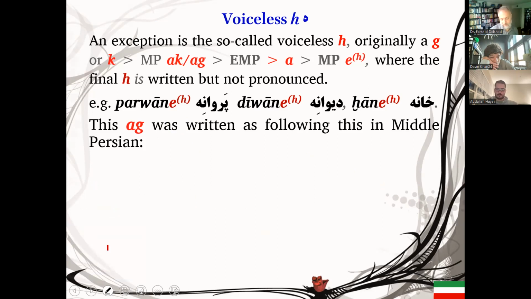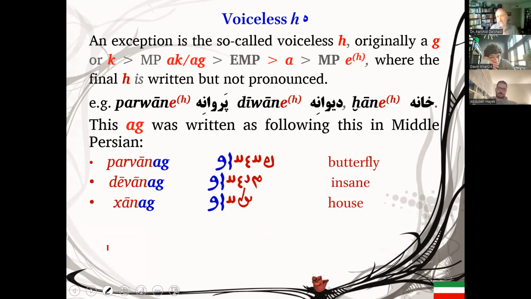Now look at the history. It's the way we wrote it in Persian. These two signs which you cannot read in the Middle Persian are the ag. It's parvanag, devanag, and khanag. And then along the path, it has been dropped. And instead of this ag, they put an a with a sign on the Arabic script, because the Persian